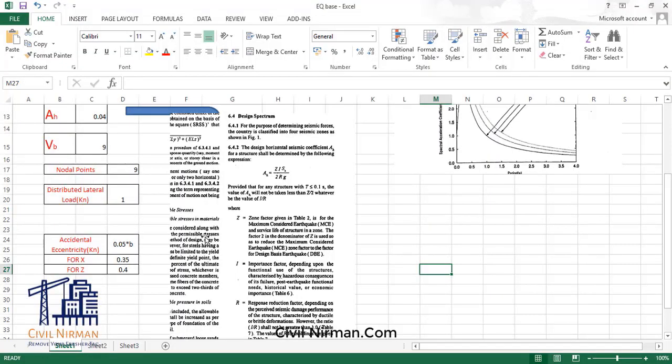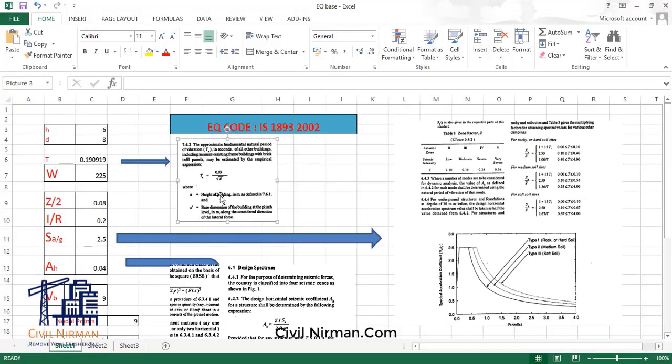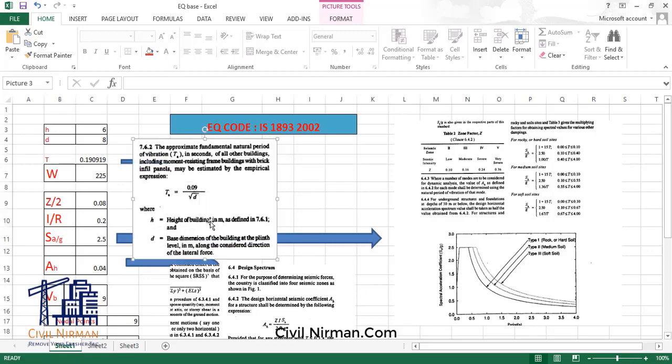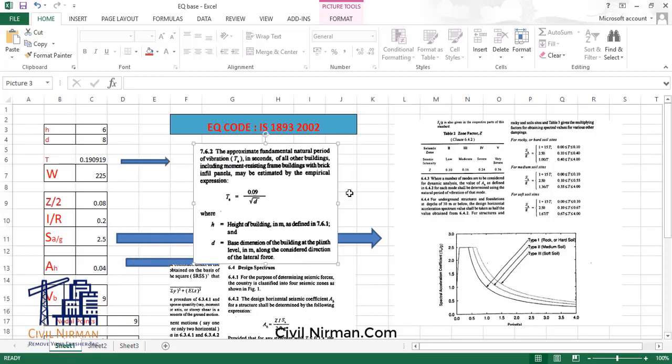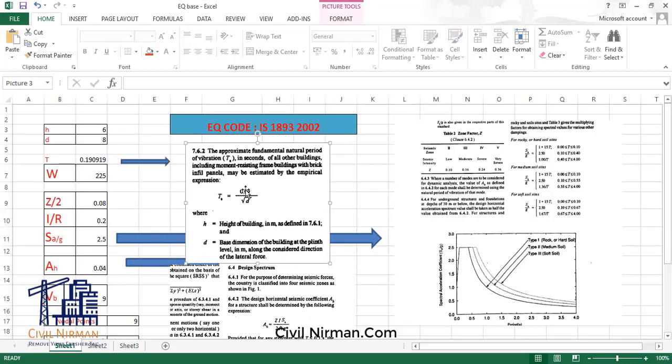For that particular you need to refer to your code provisions over here, right? That is 7.6.2. For the first two categories it will be the time period without infill panel, and I am considering the third category of the structure, that is the time period for all other categories of building, that is your moment resisting frame with brick infill panel, and your time period equation over here is T equals 0.09 H upon root D. Now the H printing is missing in your code, so keep that in mind.